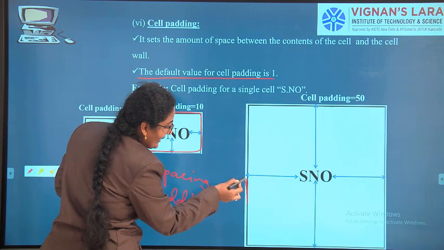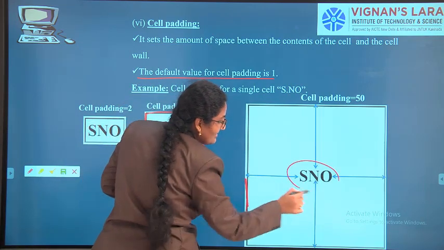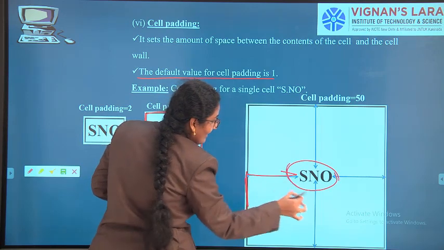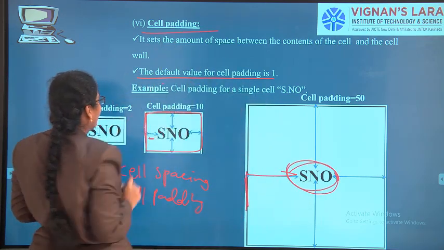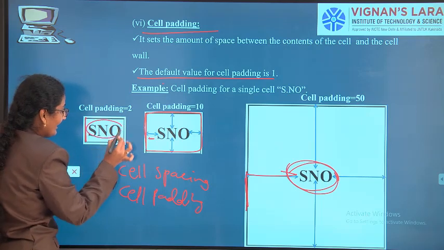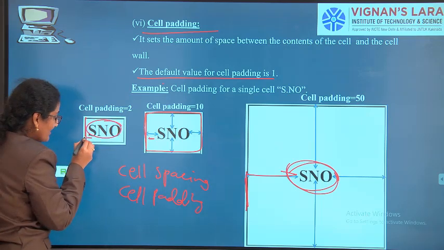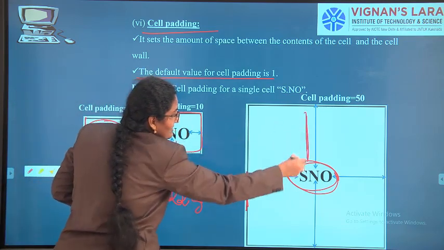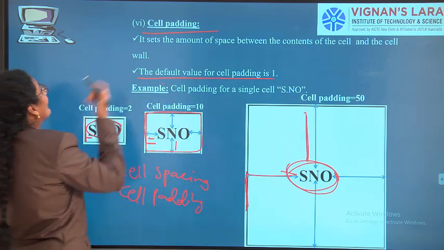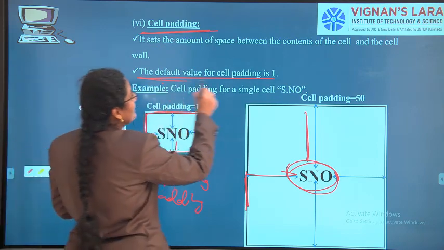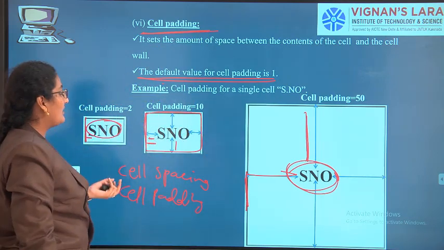This black line is the cell border. This is the content of the cell. The distance between the cell border and the content of the cell is called cell padding. The default value of cell padding is 1 and we can change that also.